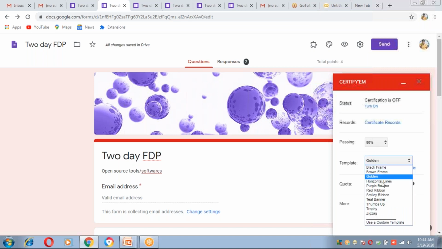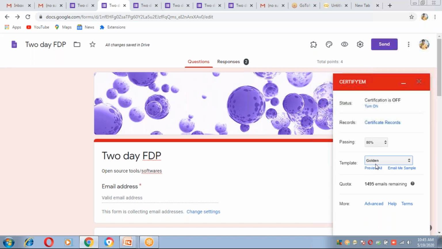Okay, we can see these are the different templates. I chose this, the golden. To see the sample template, suppose I click on this email me sample, then the sample template will be mailed to us and we can see it.